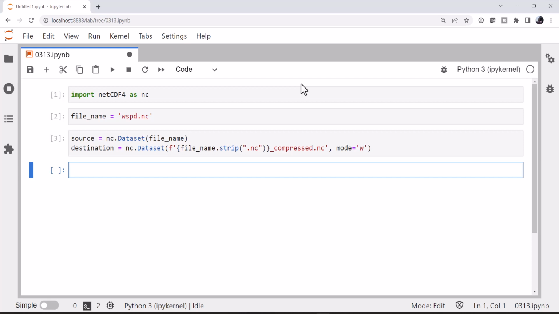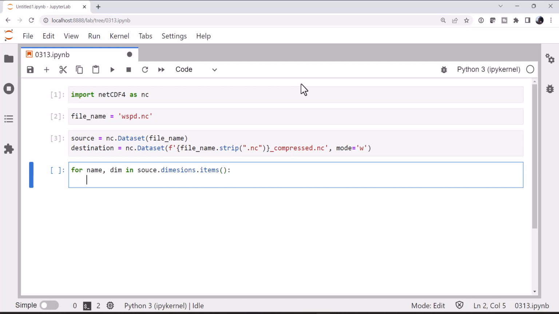Now we need to go through the dimensions of the file and copy those into our destination file. We're not really able to save a lot of space here, but it's a necessary step. So for name and dim in source.dimensions.items, so we're going to run through these together as key value pairs. We'll go ahead and put a little print statement so we can see what it's creating. Creating dimension name